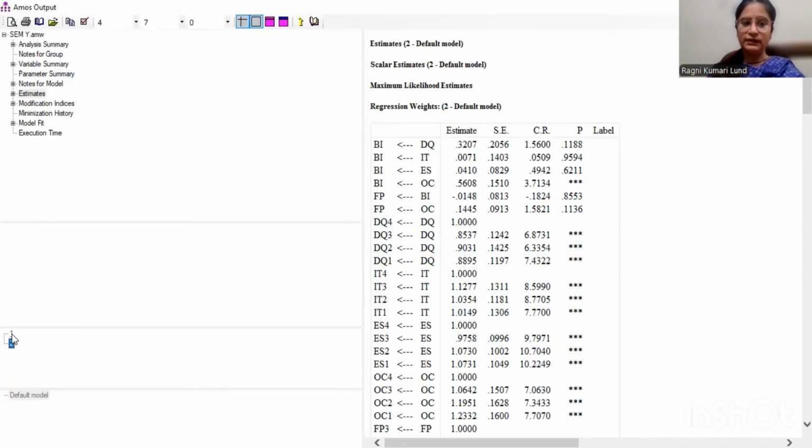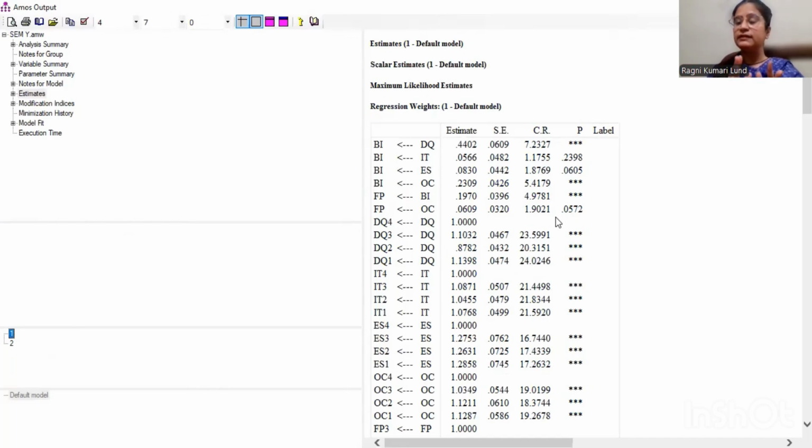If you click 1, for individuals who have experience, you can see which hypotheses are accepted, which tells us that these relationships are moderated by experience. For example, DQ is accepted, OC is accepted, and FP is accepted.